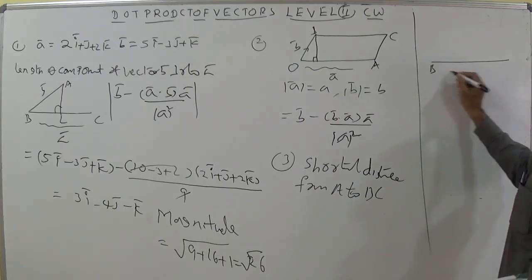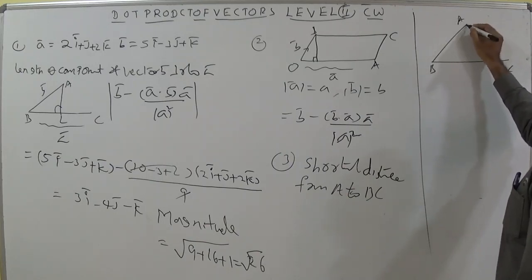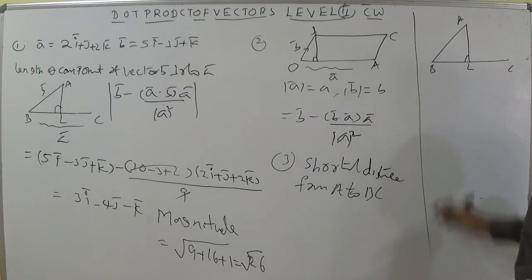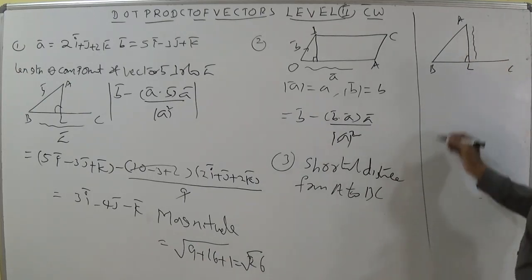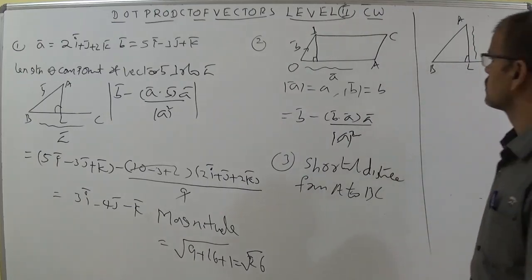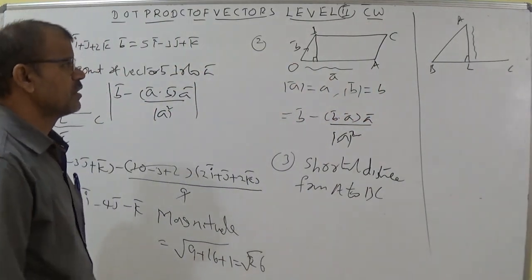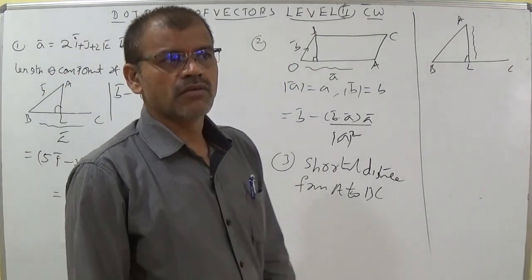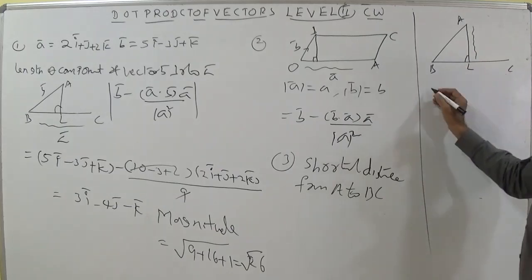Let this be B, this be C, and this be A. This is L you put. It is a length, for example, this is the shortest distance, and this one you should calculate. Here this is a right angle triangle. Shortest distance means I have drawn a perpendicular line from A to the side BC, which is indicated with L. Here L is the foot of the perpendicular from A to BC. So now AL you should find out.